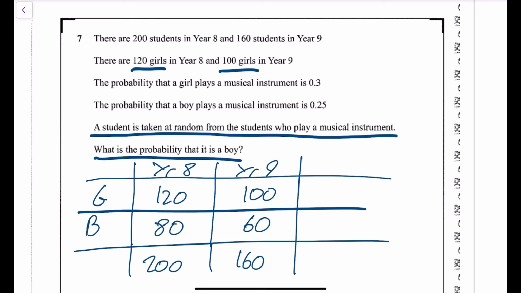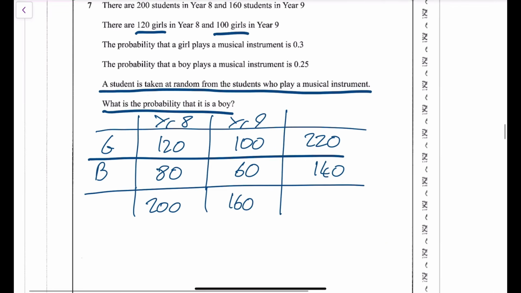So the total number of girls then is going to be 220, and the total number of boys is going to be 140. So I just need this because it tells me the probability that a girl plays a musical instrument is 0.3. So we're going to say boys' music first. We'll do that. She's done girls' music, doesn't matter. Boys' music. So you had